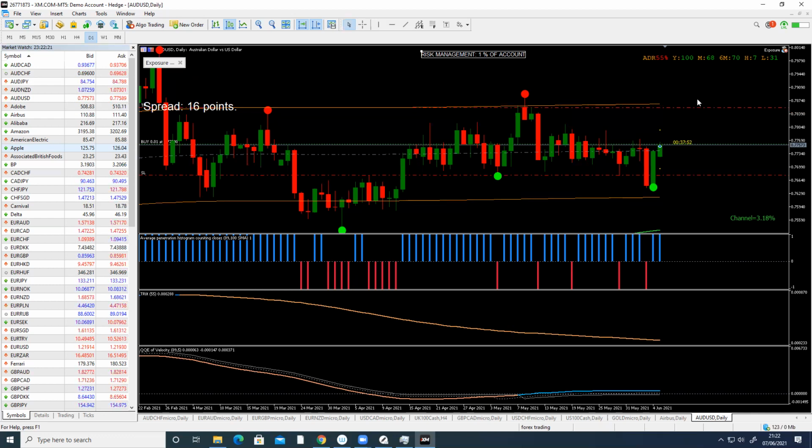Meaning that I'm risking £5 to make £5. You understand? So to be honest, is it really a good trade? I probably wouldn't take it because it's what we call a one-to-one trade, meaning you're risking 1 to make 1. The best trades you can look at are trades where you're risking 1 to make 2, because the more trades you can get where you're risking 1 to make 2, the more likely you're going to be in a positive outcome